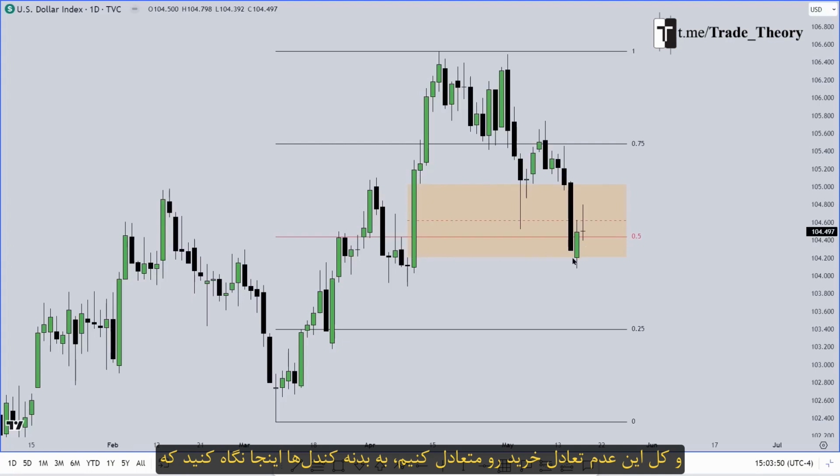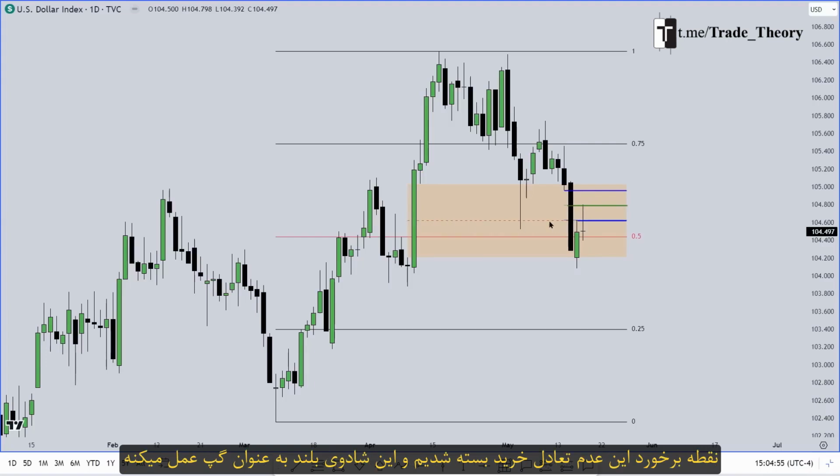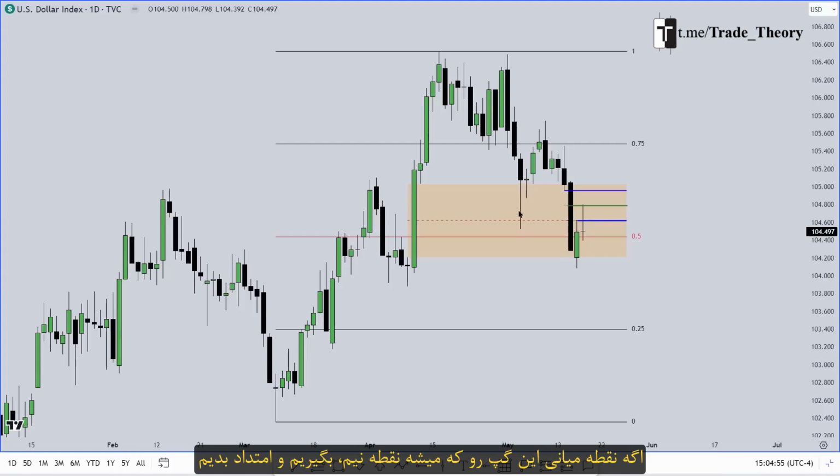Look at the bodies of the candles here, respecting the discount low. On Friday, we ran into this sell side imbalance, tapped the consequent encroachment, and then sold off, closing back below the low of this sell side imbalance and the consequent encroachment of this buy side imbalance. This long wick here is considered a gap. Now, if we take the midpoint of this gap, which would be the consequent encroachment, and we extend it across, you can see how we've had a confluence of the consequent encroachment of this sell side imbalance and the consequent encroachment of this wick or tail.